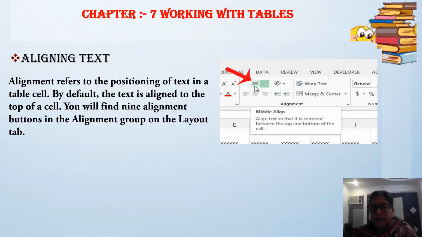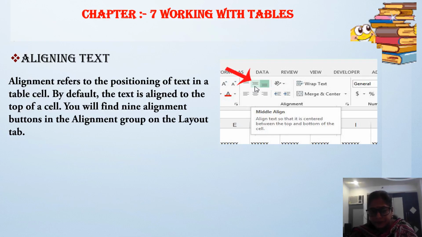Aligning the text means alignment refers to the positioning of the text in a table cell. Means it shows the position of the text. By default, the text is aligned to the top of a cell. Means you can give the position like right, left, top, bottom, like this.